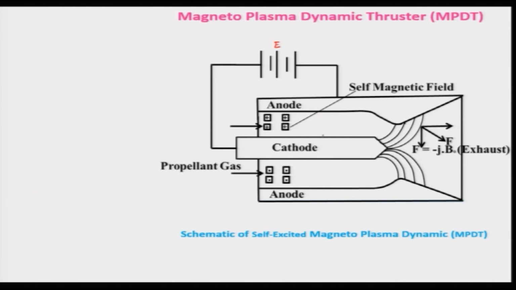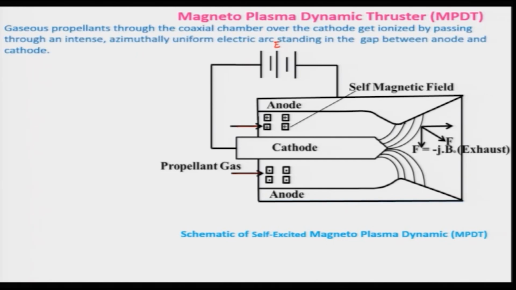It is a little bit exaggerated here. The propellant gas passes through this, and the magnetic field generated due to this electric field is utilized to accelerate the plasma. Generally the gaseous propellant flows through this coaxial chamber,